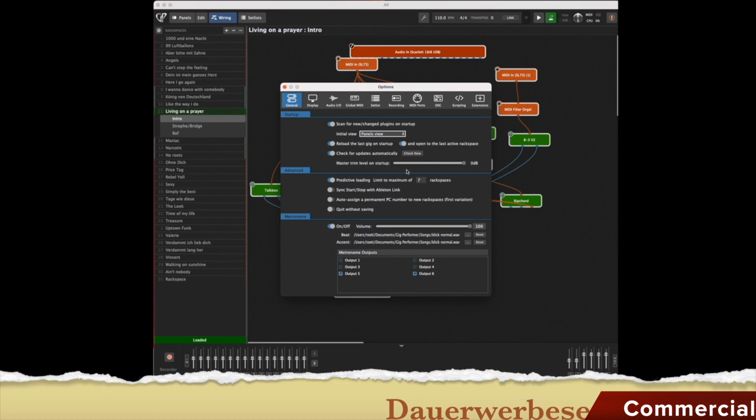And here you can set the master trim level, which should be the same as the knob I showed you above. However, I'm not entirely sure about that. You can set it at startup so that it isn't too loud right away. What is very cool is the predictive loading. You can tell it to load only the next 7 rack spaces, or as many as the computer can handle. But this only makes sense if you are not jumping through set lists, but going in order. I could also enter 3 here now, then it will only load the next 3 rack spaces, which of course